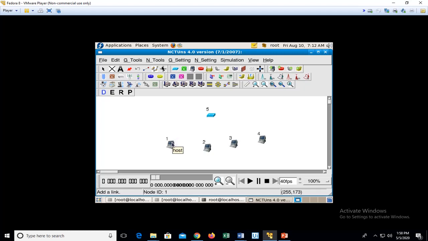Click and drag and release it at the destination point where you want to establish the link. Once I release the click, the link will be established. I want a link between these two, and these two. So now all these four nodes have a point-to-point link between them via the hub. This is the topology we have to look out for.